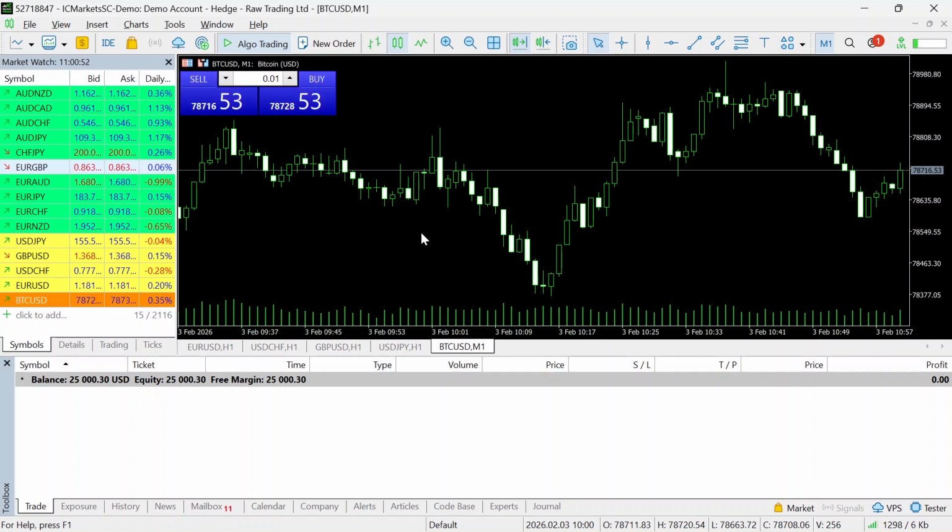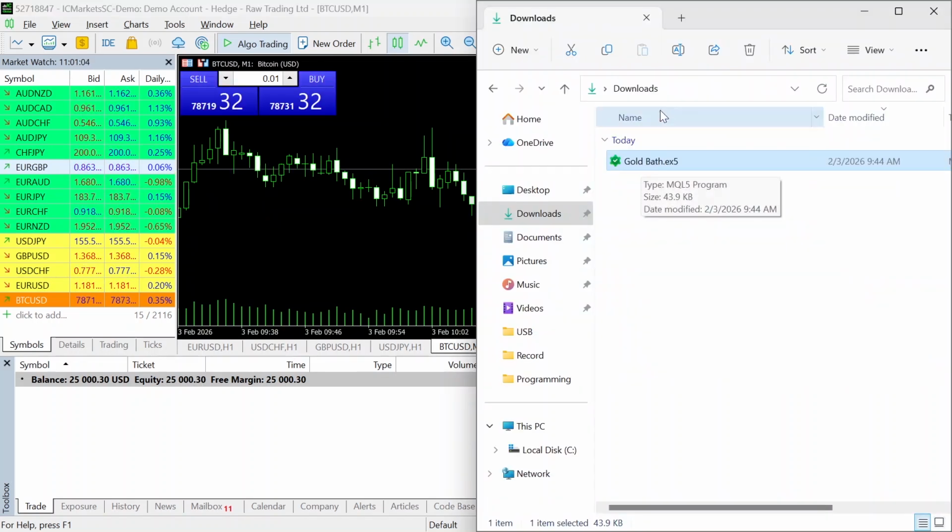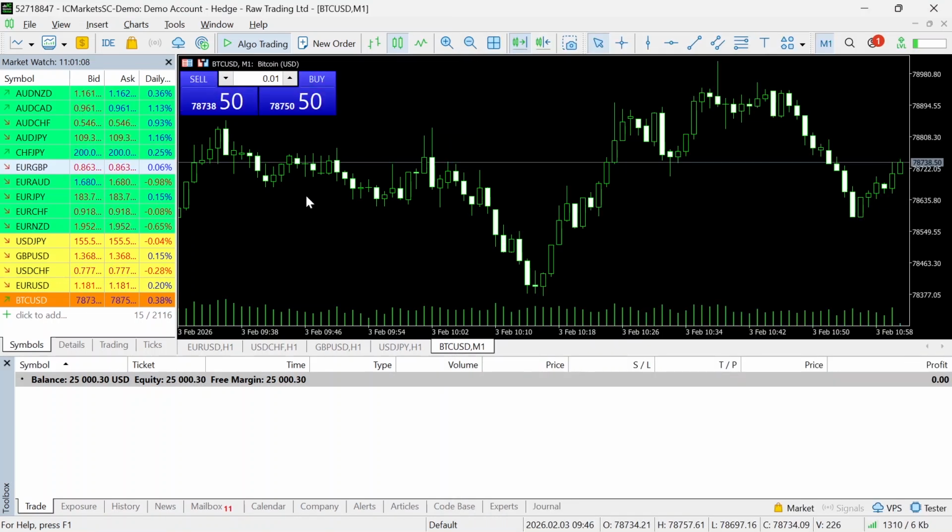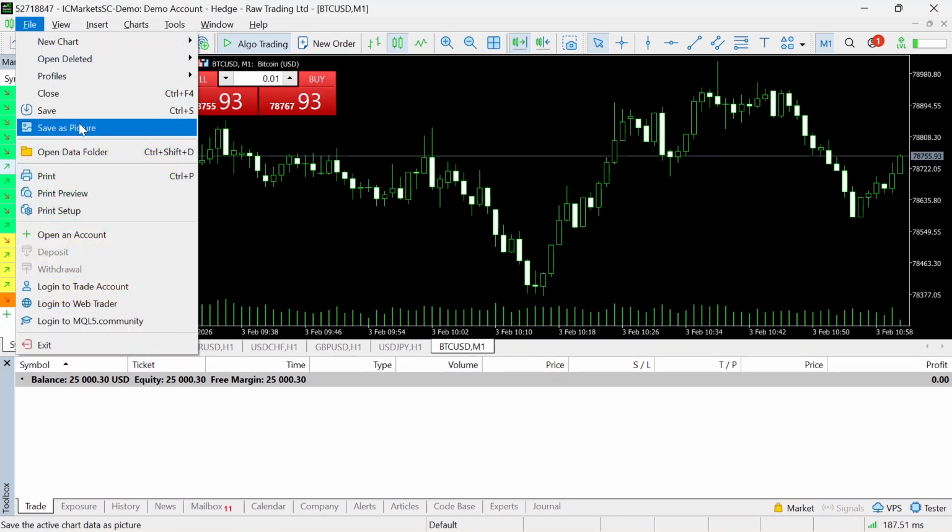or from a freelancer, or whatever your source is. I already have mine downloaded and it is in my download folder, right? Now the next thing you want to do is move your EA to your data folder. You go to File, Open Data Folder,